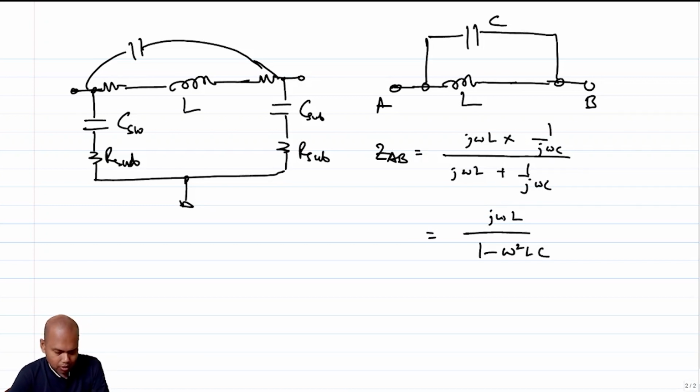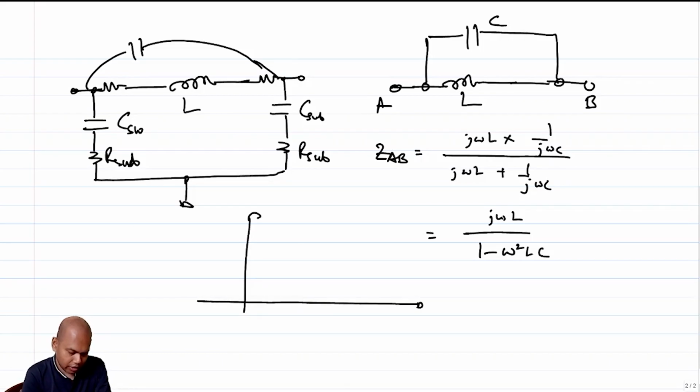Now, if I plot this, what would I see? Let's say I plot ZAB by j omega. Simply let me say ZAB, and this is entirely imaginary, so I do not have to really plot it by j omega. So let's say I am plotting the imaginary part of ZAB. So I should see